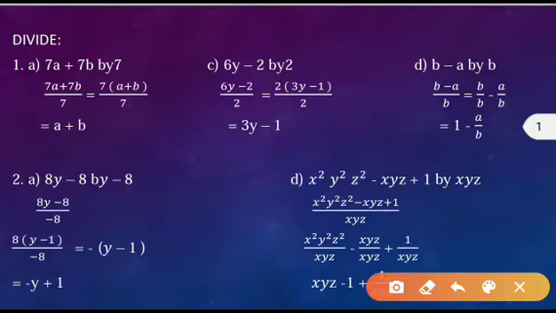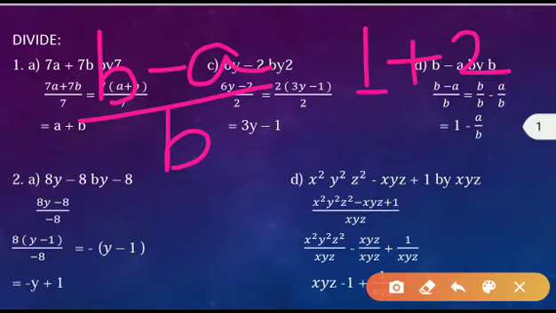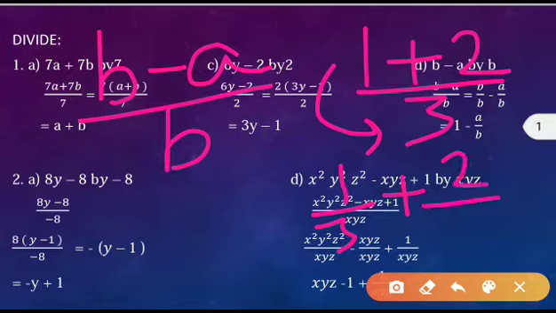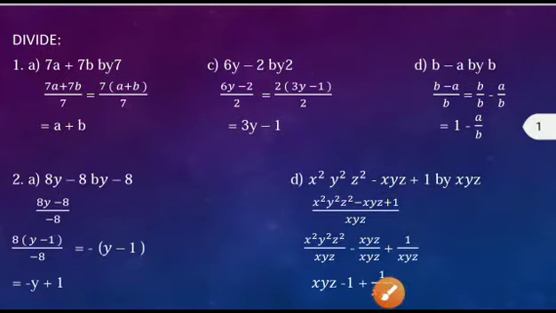Next question, b minus a by b. Suppose anywhere it is written 1 plus 2 by 3, we can write it 1 upon 3 plus 2 upon 3. Why? Because the denominators are same. Again we can write it 1 plus 2 whole upon 3 because the denominators are same. That means if we are writing this line or this line, both are same. Only the writing methods are different, but both are the same.